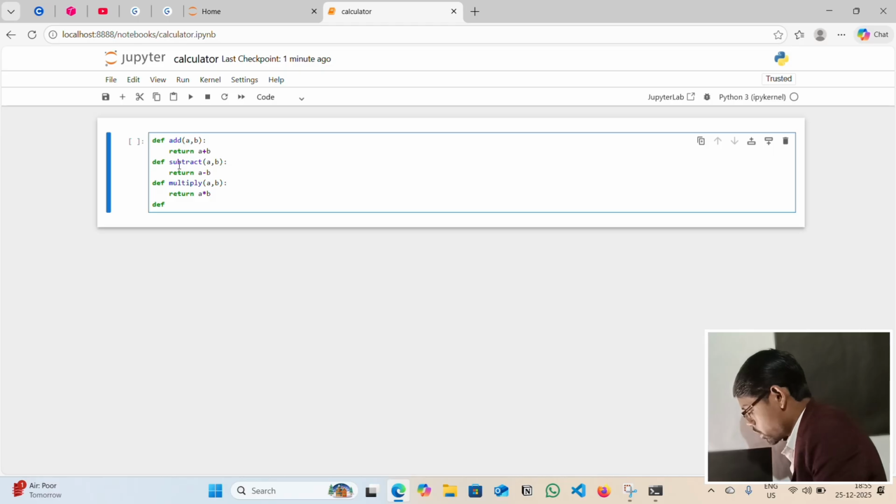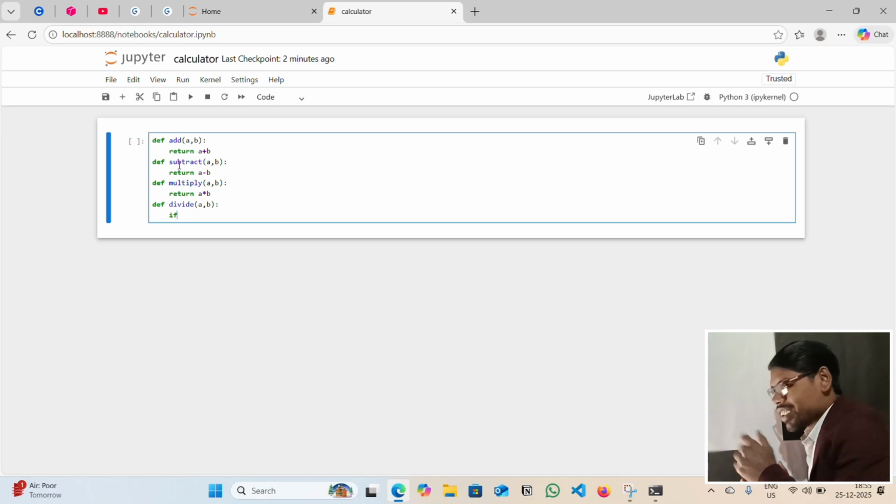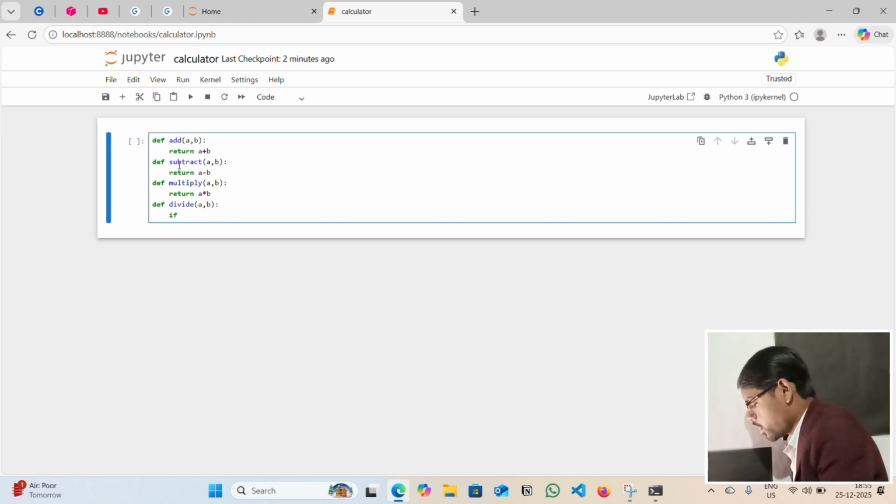Next, def divide with parameters a comma b. Here I will use a condition, because the value cannot be divided by 0, or an error will come.